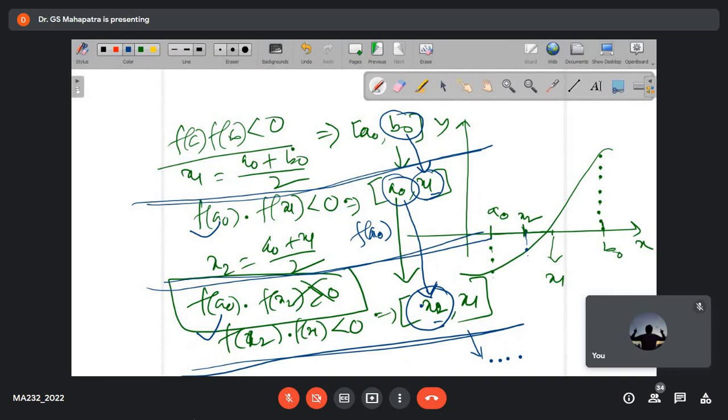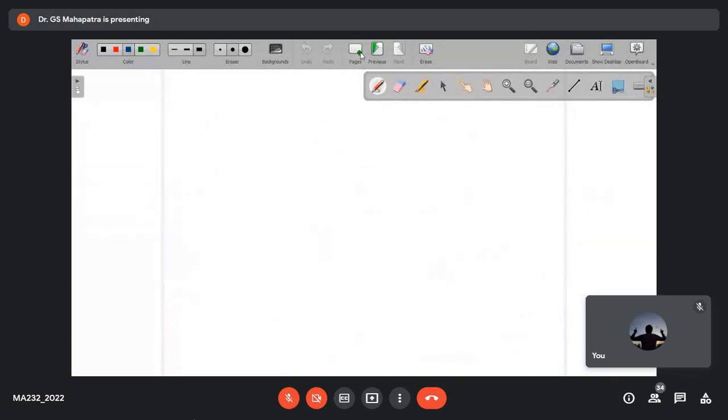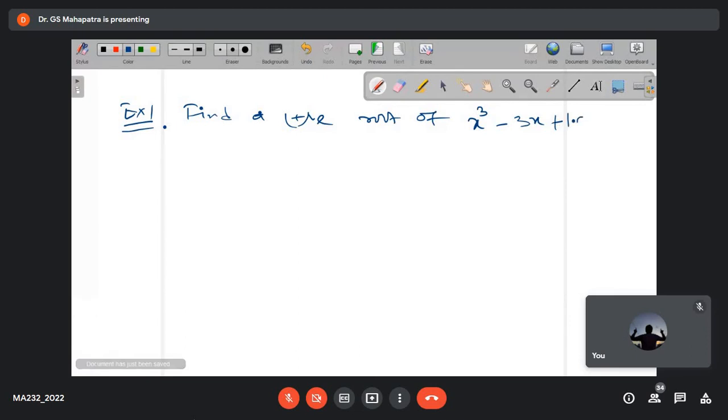The next, actually, we are going to consider one problem. If it is clear for you, then it will be easy to find the solution. Okay, I will consider one problem, so write down the problem. First problem, example 1. Find a positive root of x cube minus 3x plus 1.06 equals 0